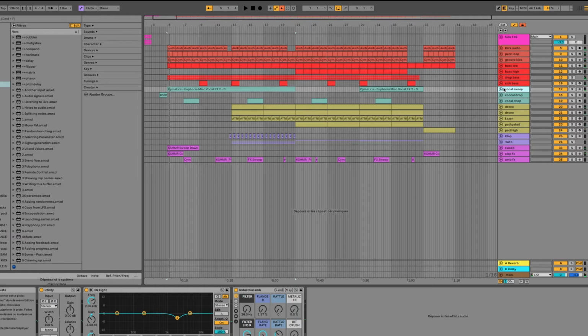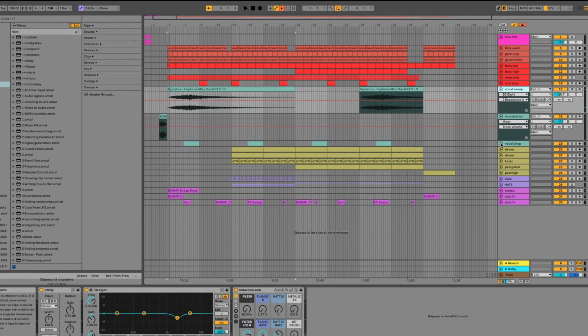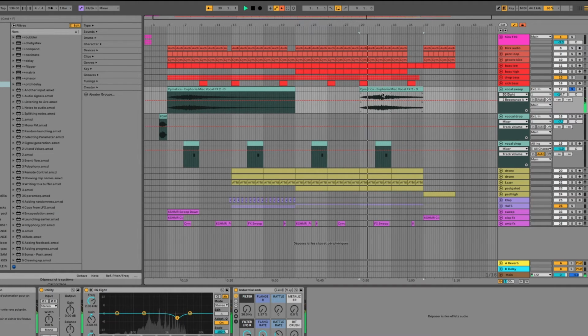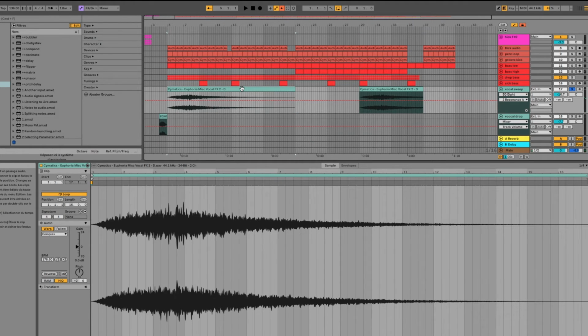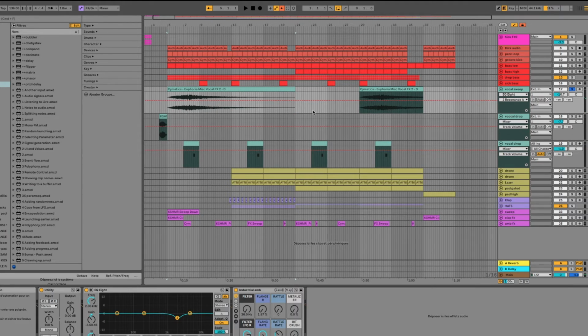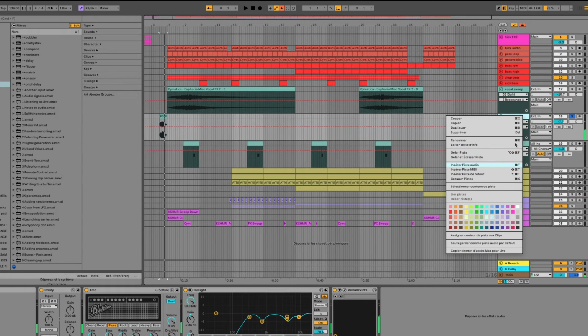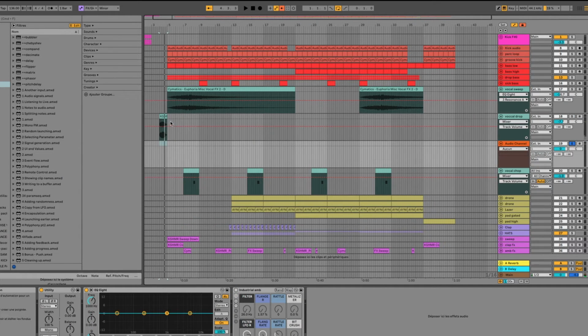Okay, so then I have a few layers of vocal. So I use some samples, but this is a vocal sweep. It's just pitched down and pitched up. So I use the sample, but you can do this. For instance, if I want to make a vocal sweep with this vocal, I can just take it,